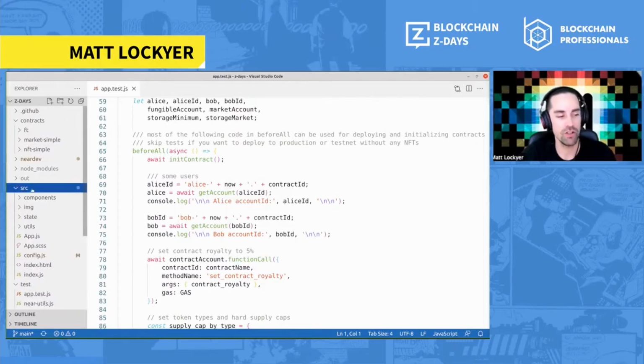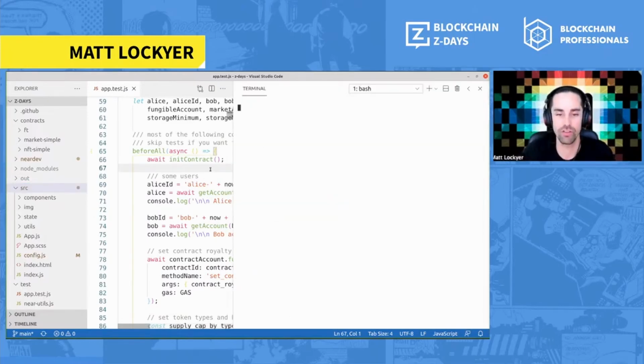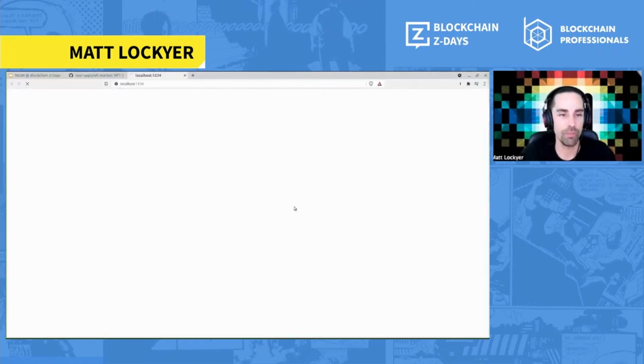Then I want to bring your attention to this source folder. This is just a standard React app, which I'm going to boot up in a moment. It's a front-end React application, a static front-end React app. It doesn't have any database or any back-end requirements other than these contracts that were deployed on the blockchain. It speaks directly to the Near blockchain and allows you to see the NFTs that you just created. So I'm going to do that right now by running yarn start, and it should boot up in my browser,